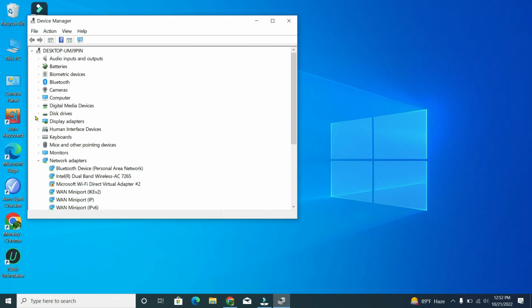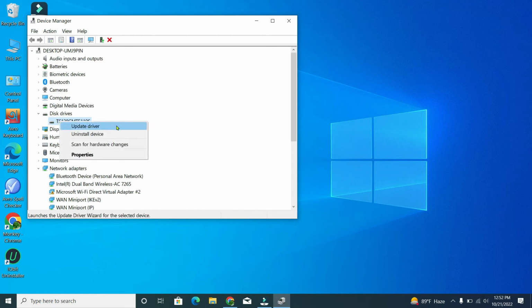Here you can see there is an option, disk drivers. Click on it and then select this option, and now right click with your mouse and there is an option, update driver. So you just need to connect your PC or laptop to Wi-Fi and then update this driver, and after the update completes you just need to restart your PC or laptop, and after that the disk driver is